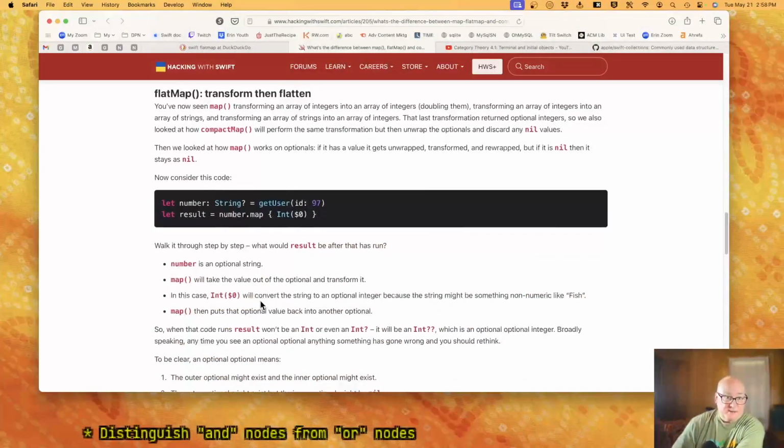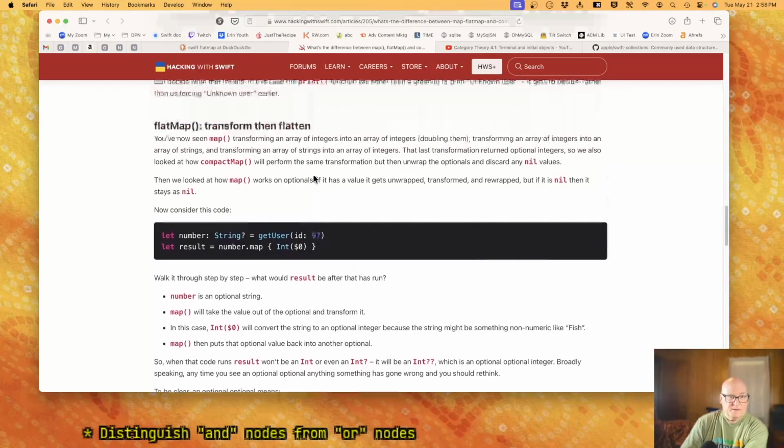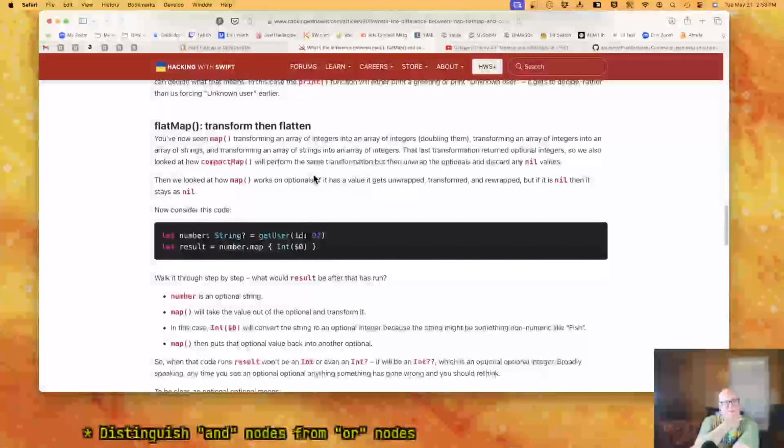That's what we're after. Number.map int $0. Wow.